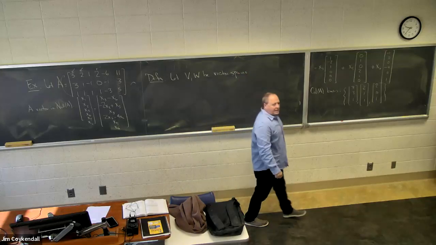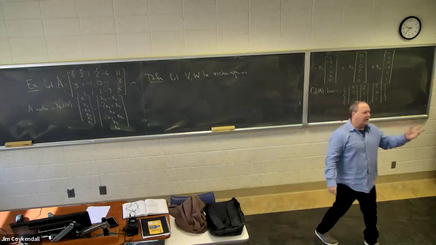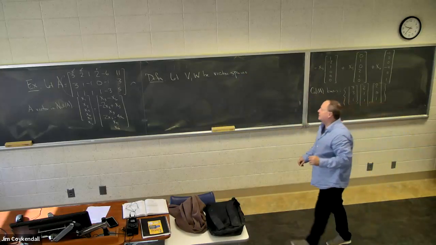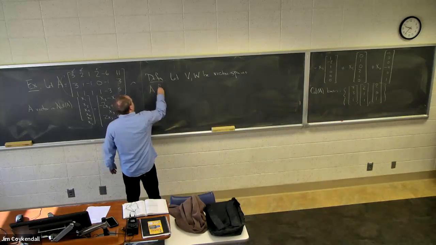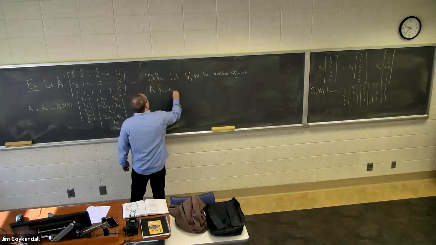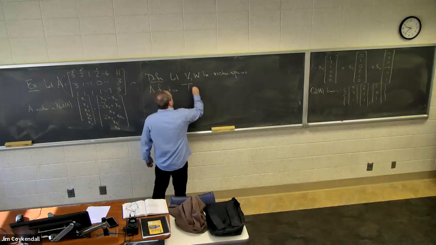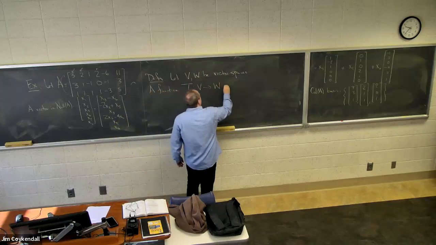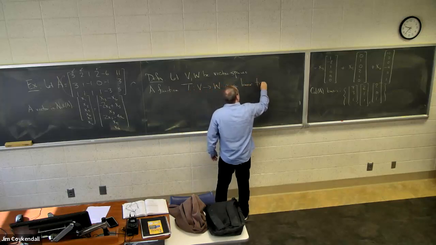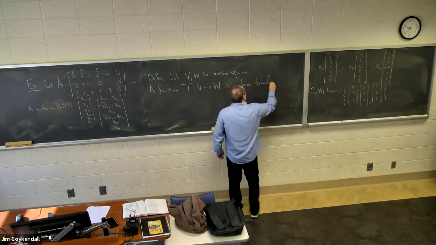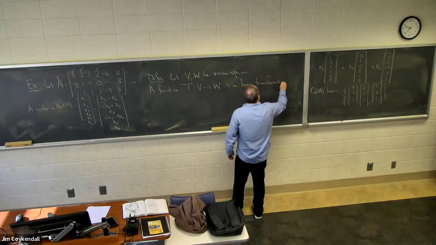When I gave you this definition earlier, I said let Rm and Rn, but here, any vector spaces you want. A function T from V to W is a linear transformation if